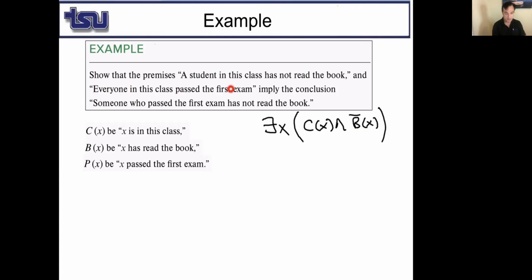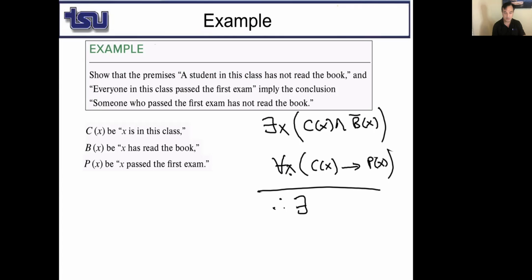And what is the second premise? Everyone in this class passed the first exam. All the students, if they are in this class, then they passed the exam. That's the second premise, right? If a student in the school is in this class, then he or she passed the first exam. So does this conclude there is someone in the school, a student, who passed the first exam,